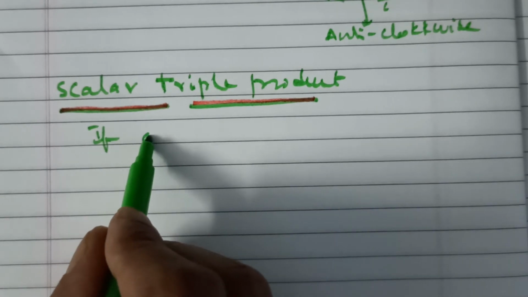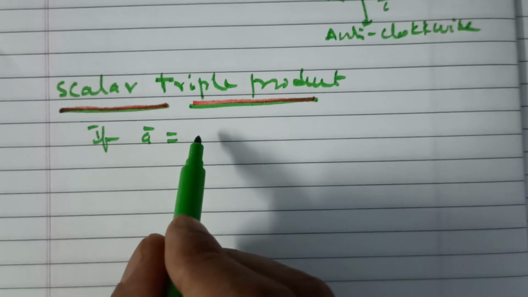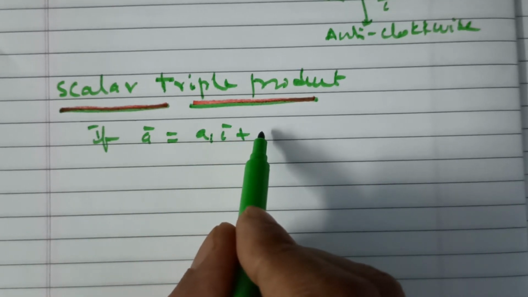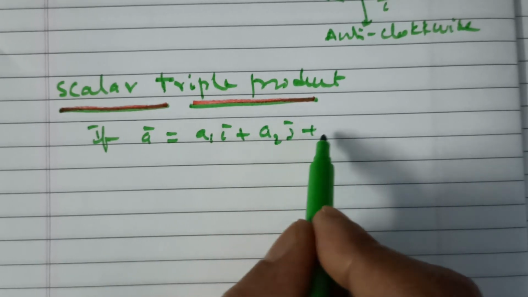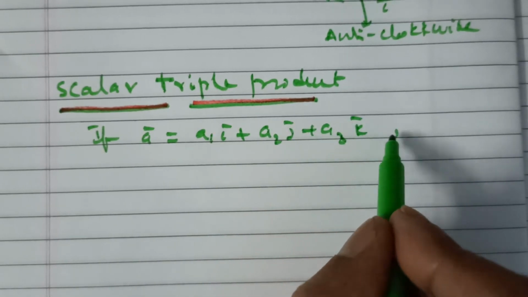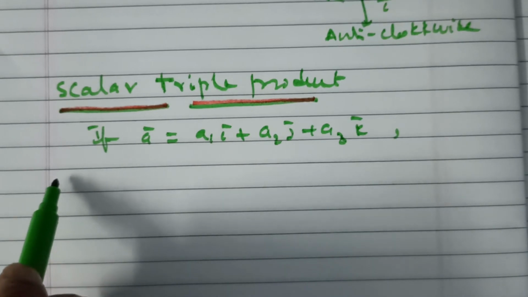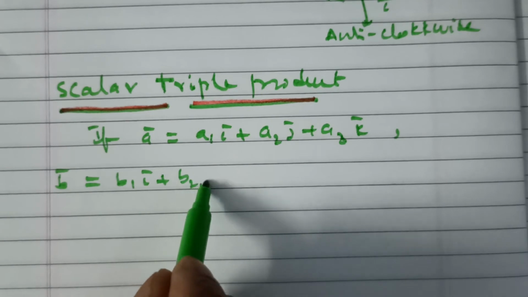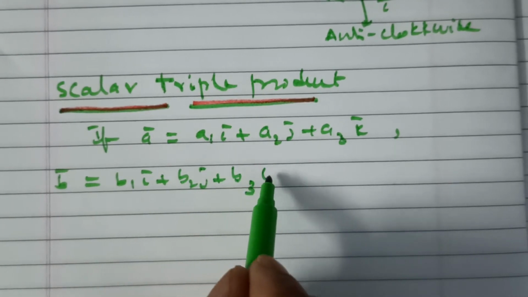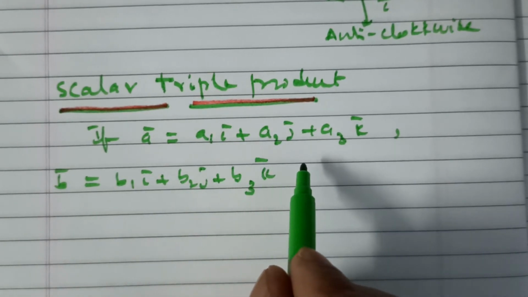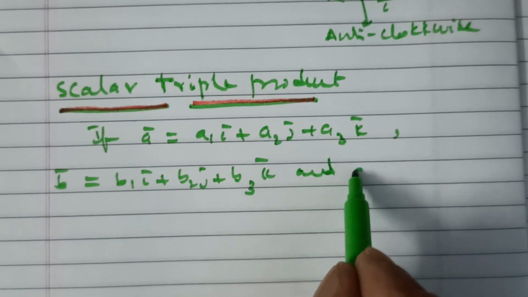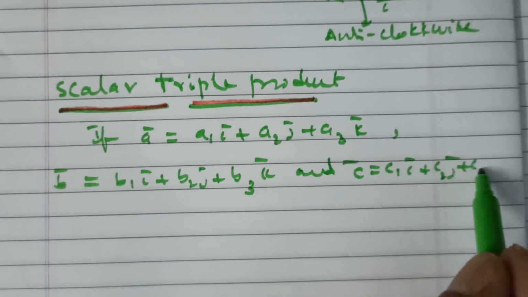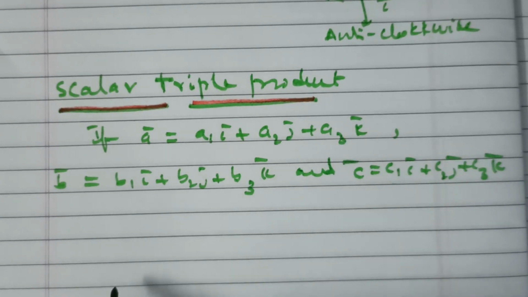A bar is equal to A1 I bar plus A2 J bar plus A3 K bar, comma, B bar is equal to B1 I bar plus B2 J bar plus B3 K bar, and C bar is equal to C1 I bar plus C2 J bar plus C3 K bar. Then